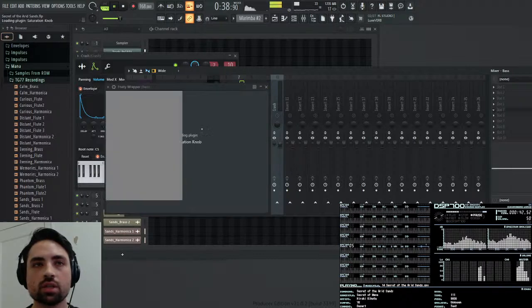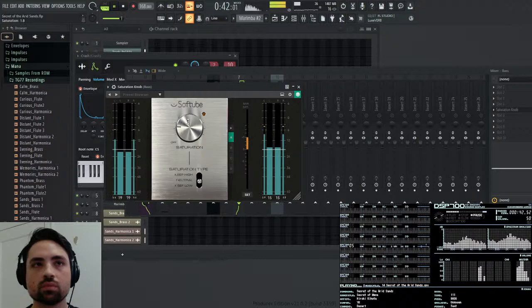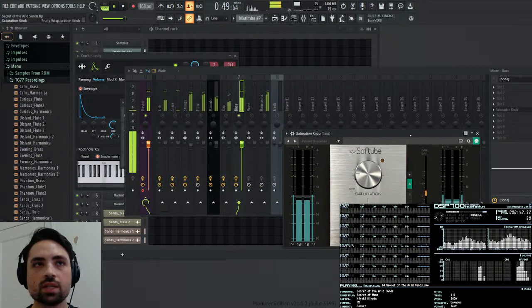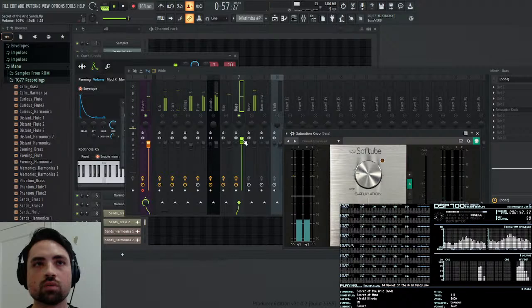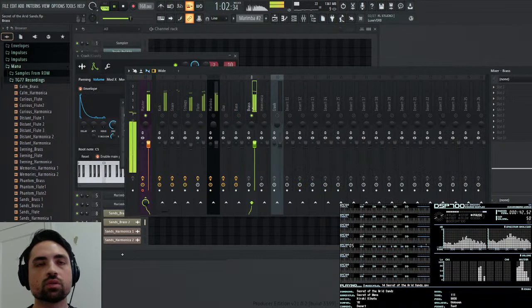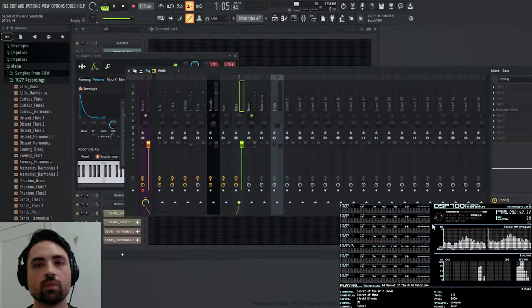Now let me saturate this a bit. Compensate for the volume. I want this to be at 6 dB. Actually, it's fine where it is now. I don't want to overload the volume too much. And let me check for reverb on the bass. Definitely a little bit of reverb.